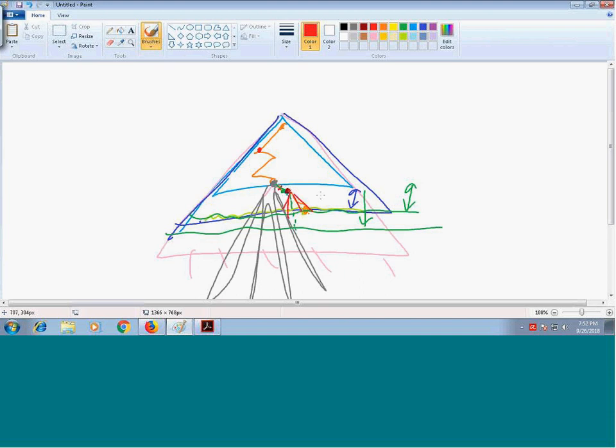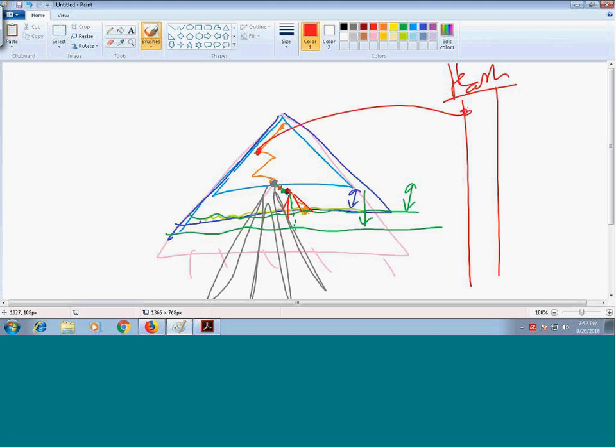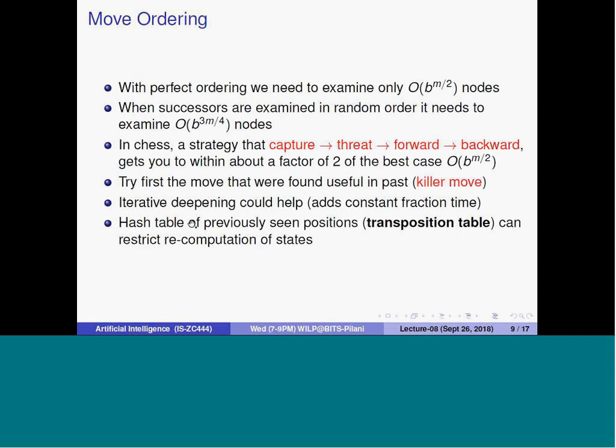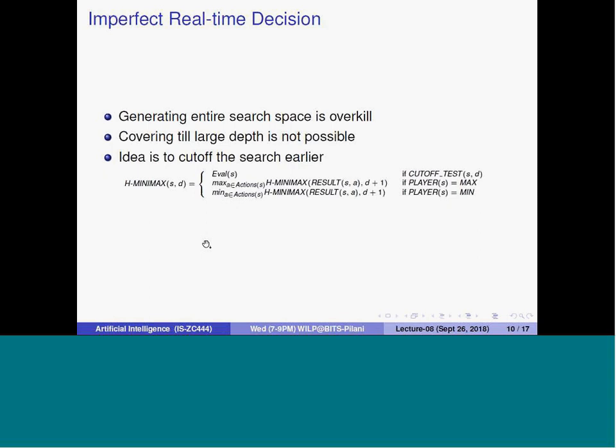So you can maintain a hash table, and whenever you explore a state, you store it there along with the best value and how you take the move. At a later point of time, if you accidentally arrive at this place, accessing the hash table takes only order of one time. So whenever you are here, you just see if this position is available, and therefore you can speed up your search. This is also a good strategy, since for previously seen positions we can reduce the computation.